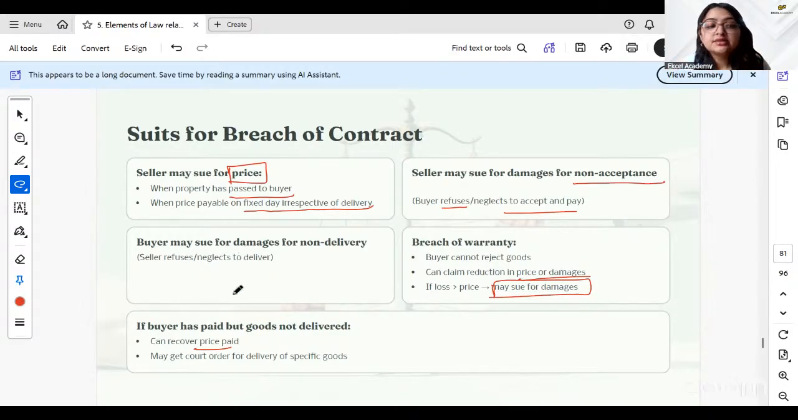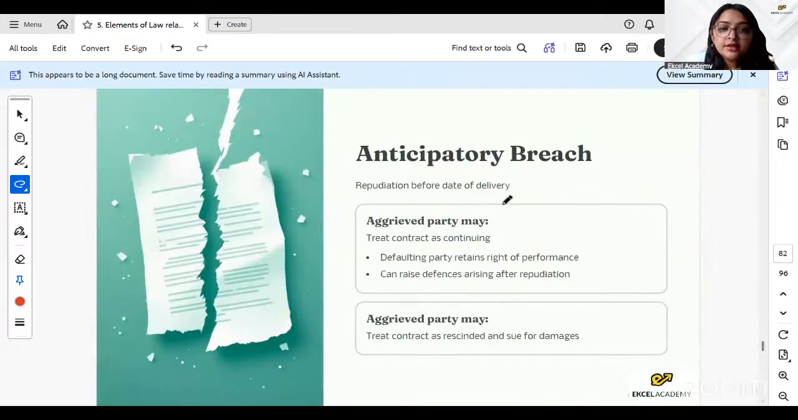So it is at the buyer's discretion. If they feel that they do not want that product and a refund is okay, then they can recover the price that they have paid, or they can specifically request delivery of those goods. So this is what happens when there is a breach of contract and how filing of suits works in both cases, when there is a breach from the seller's end as well as from the buyer's end. All right, now